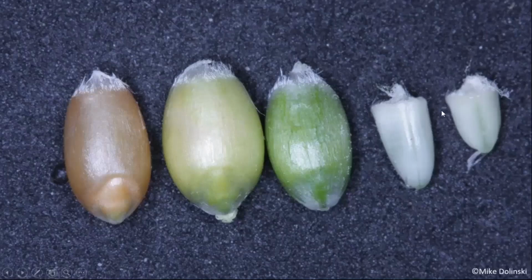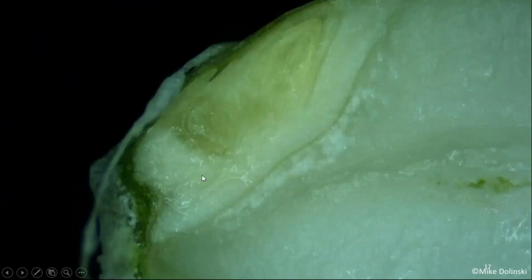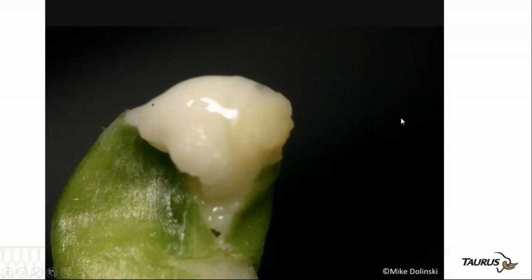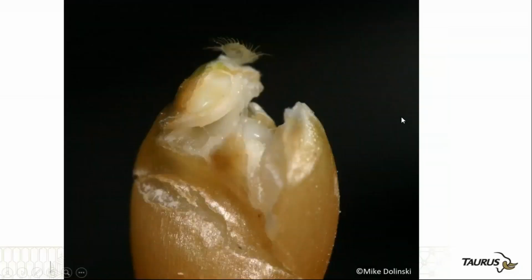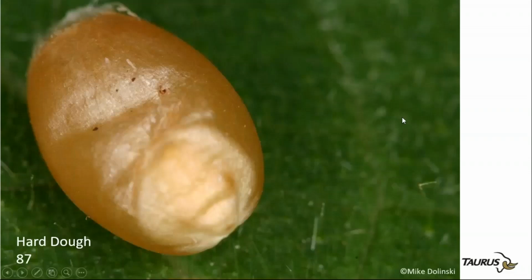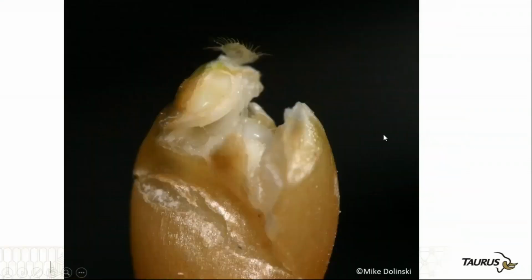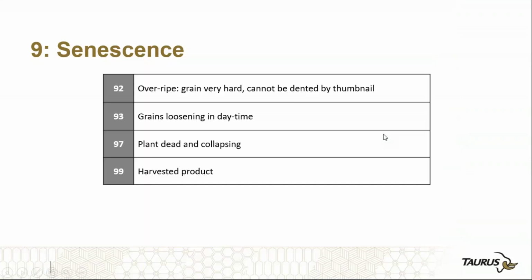So here we go. You can see here are the seeds, right from the water ripe right through to mature. And you can see that the embryo is starting while the seed is actually green. It's quite well developed. You can see here is the coleoptile starting here, and we can't see the shoot that well. So this is the milk stage. Here's the hard dough stage. This is the soft dough stage, and boom, we get the hard dough stage, and we're done with ripening.